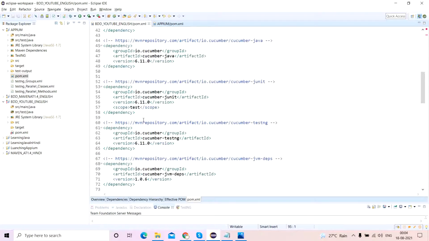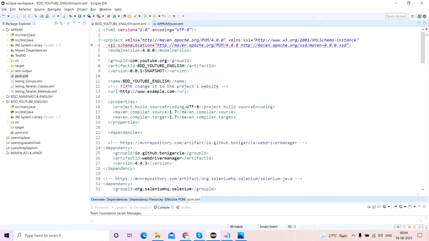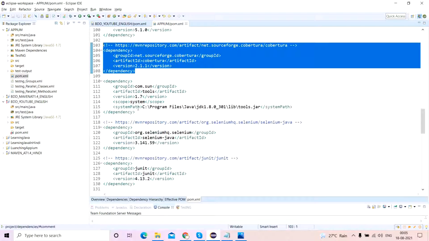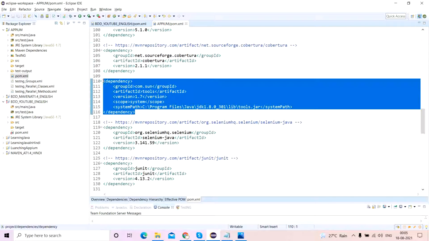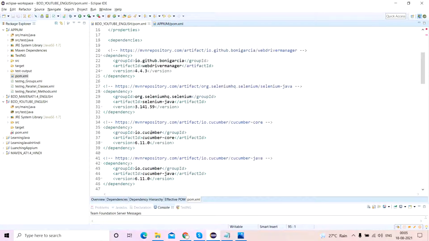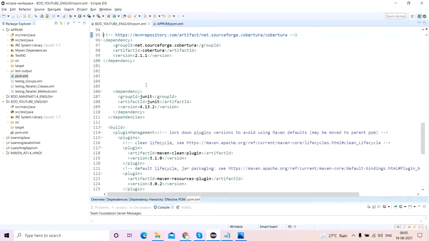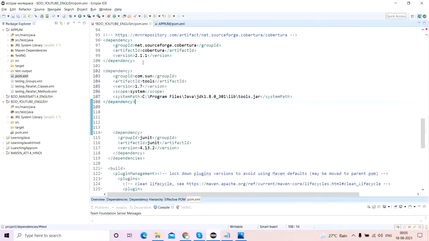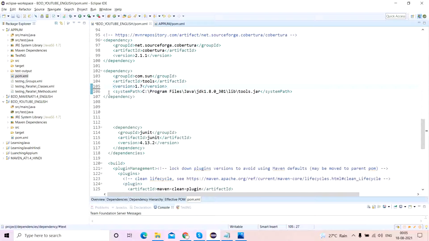Okay, but still there is that error. And what is this error? Okay, tools jar is missing. So what I'll do is I'll take this tools, copy this. You'll have to get this particular tools file over here, the tools dependencies. You can remove the scope. I'm not interested in any scope tag. Okay, this should be fine.